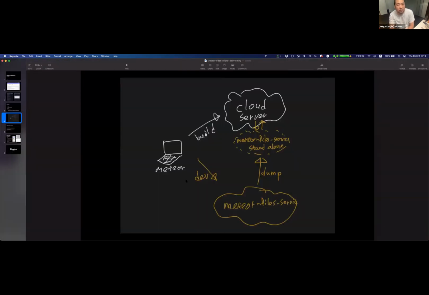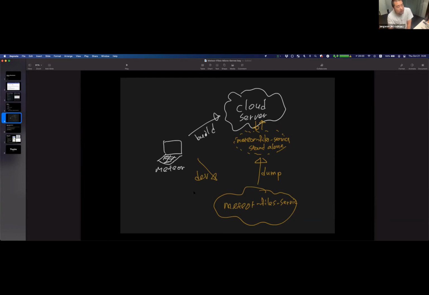So when they develop in their laptop or whatever, they build a prototype of their service, right? And after they finish their project, they will upload to their cloud server. But if they didn't understand perfectly about the file system or upload and download, making a link, that kind of things, they will set up something or change their code after they deploy their service to the cloud,